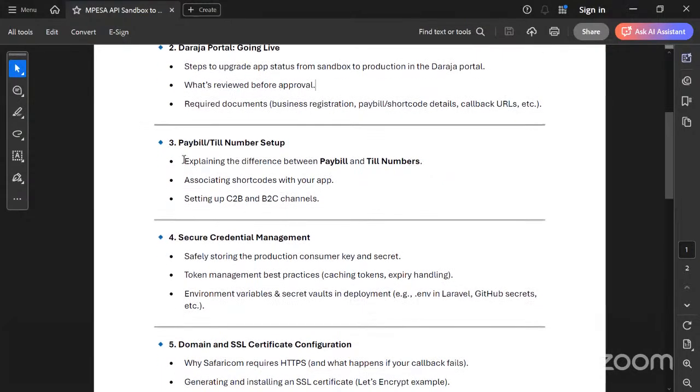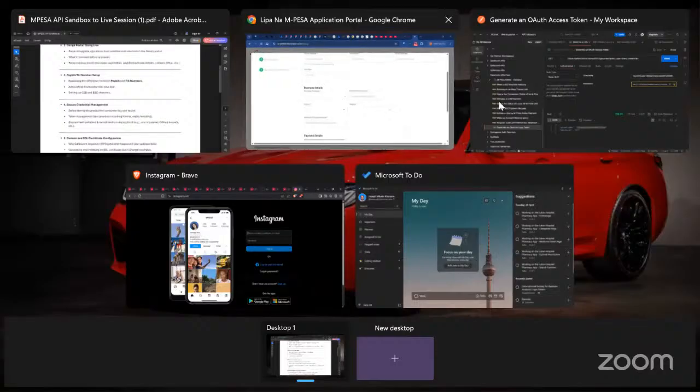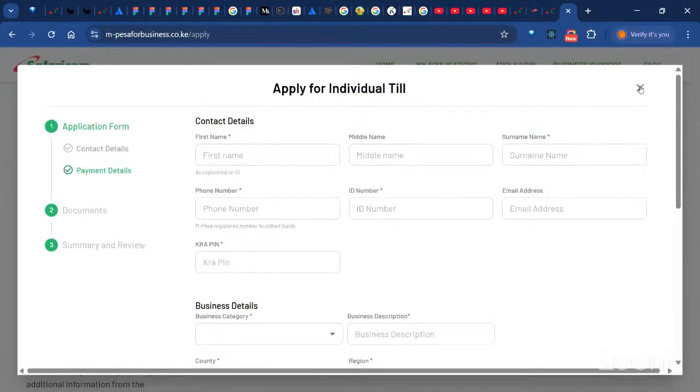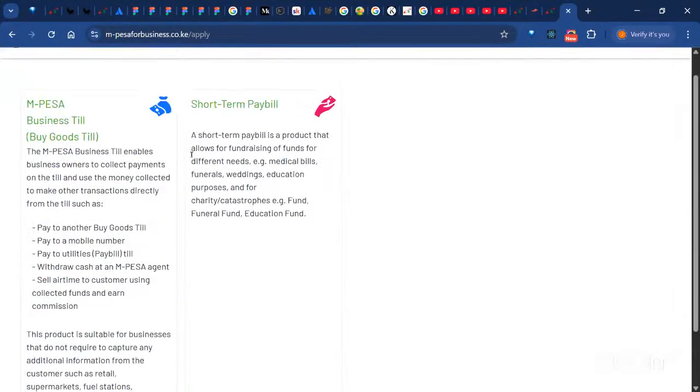So yeah, I think pay bill and till number setup, we've gone through this. But let me just go back again. So, the difference between a pay bill and a till number. All right, so let me just go back there. So as you can see, when you're trying to apply,